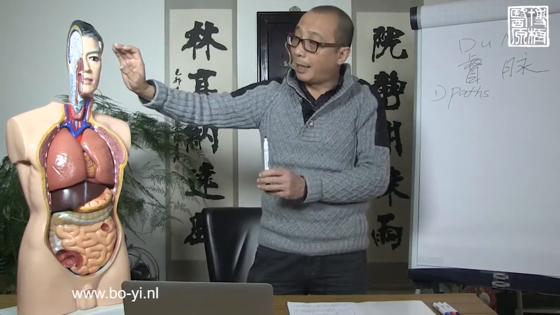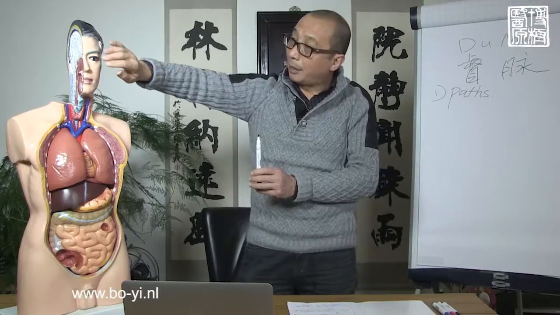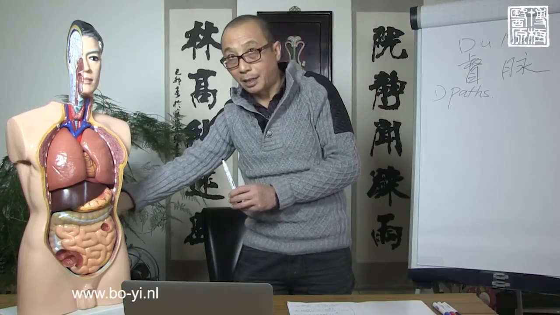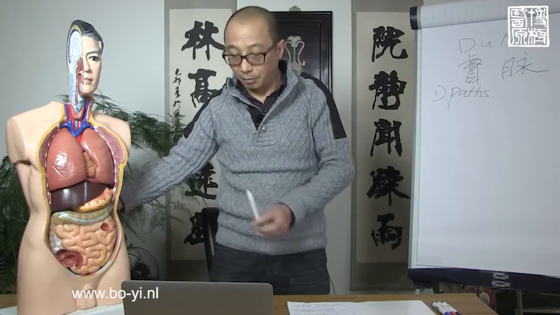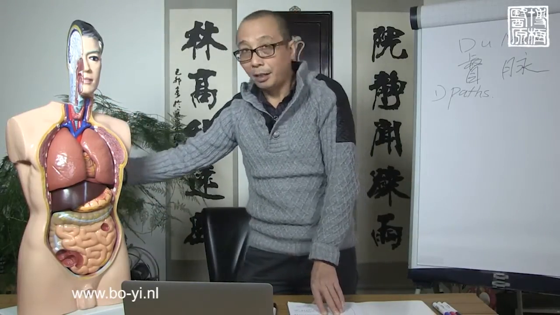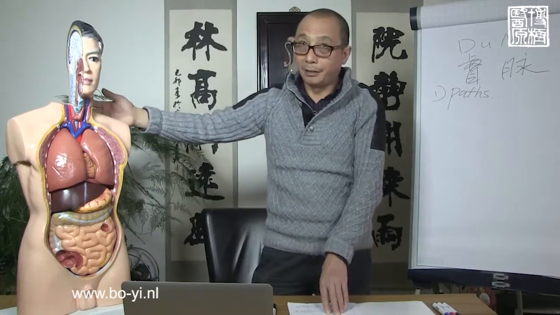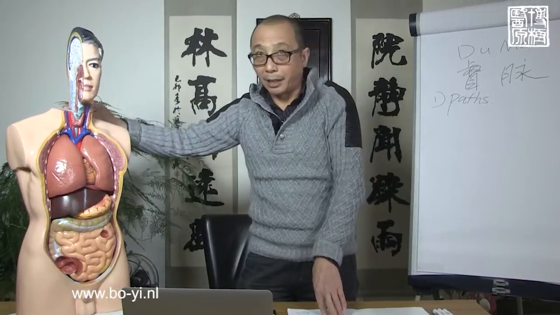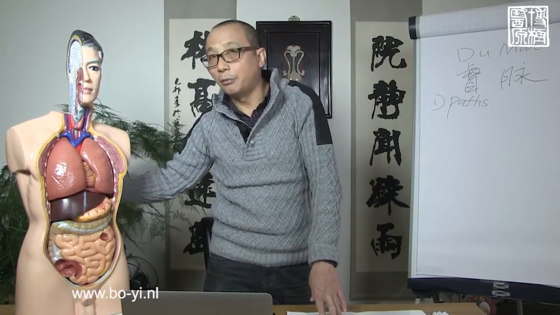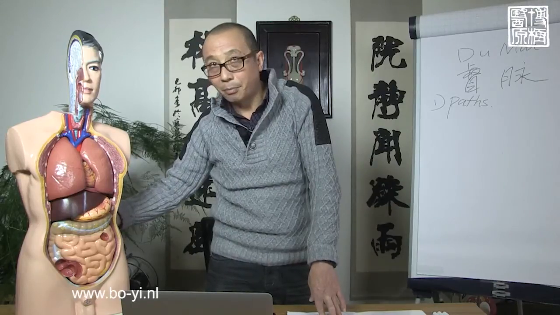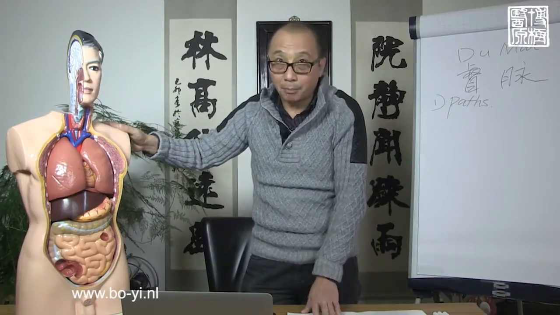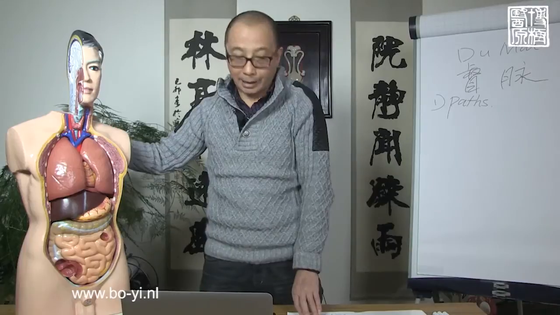If we look at these branches we have described so far, you notice Dumai from the back side goes up to contact with the brain, and another branch from the upper part goes downward, contacting both the brain and the kidney. So now please remember, brain is the sea of marrow, and the marrow is the sea of kidney. So here, please remember, kidney is related to brain, very important, particularly at the Jing and Yin level.